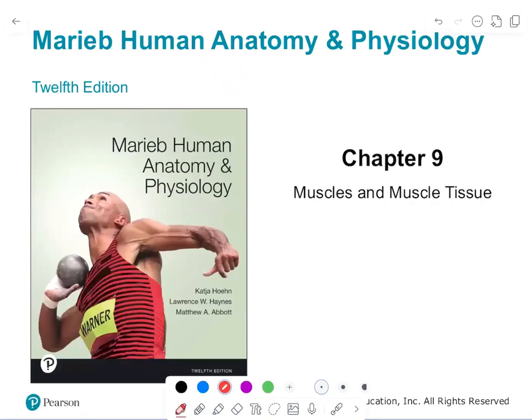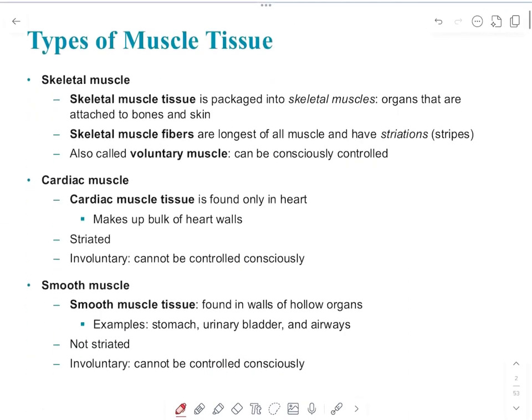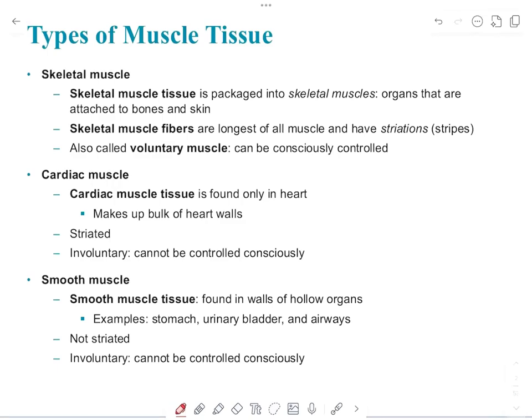In this chapter, we will be discussing muscle and muscle tissue. The large majority of the chapter is on skeletal muscle, and then at the end of the chapter, we're going to discuss smooth muscle. So, first of all, we need to compare the three different types of muscles that we have in our body. The first is skeletal muscle, and skeletal muscle is packaged into the muscles themselves,